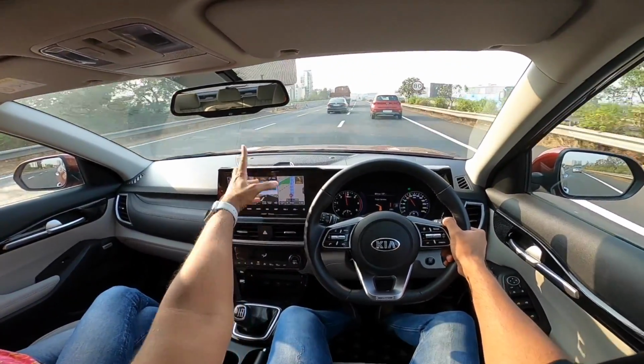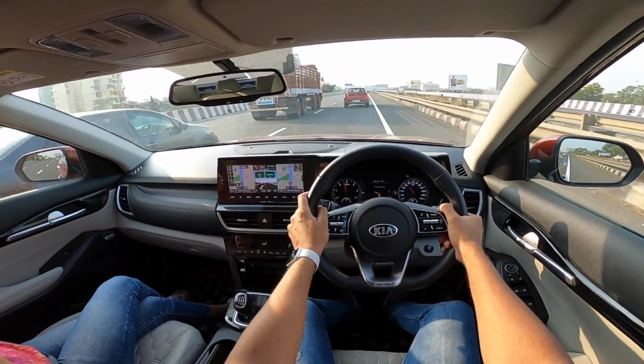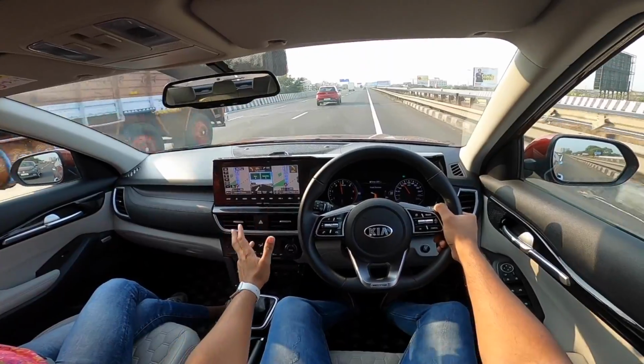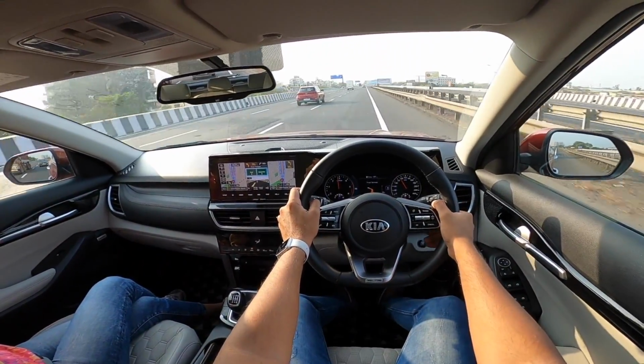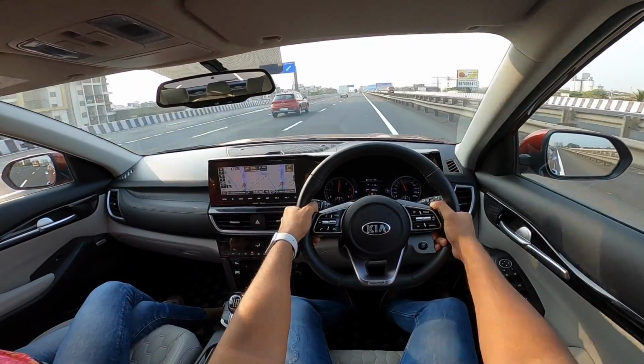And I love the graphics. Just so freaking awesome. How have they thought so much about all this and more? Lovely. What a screen, what a car. Amazing. Just can't wait to see what happens with the 2020 Creta as well as the next car from Kia,